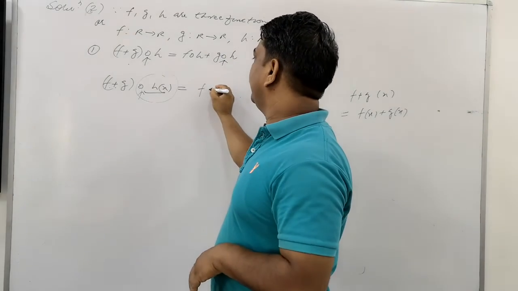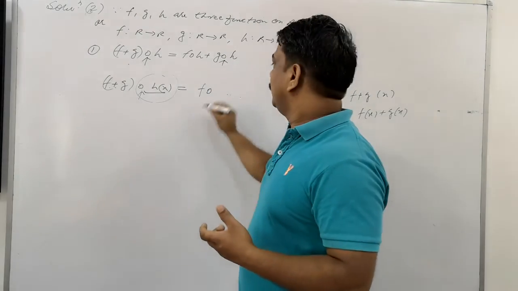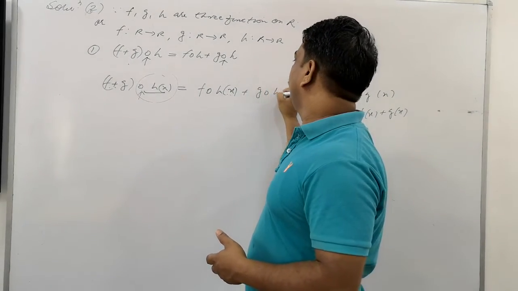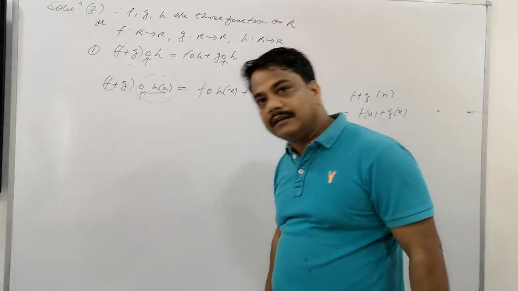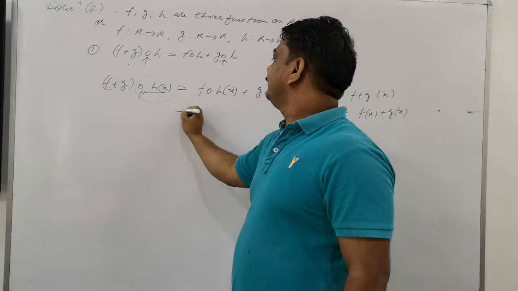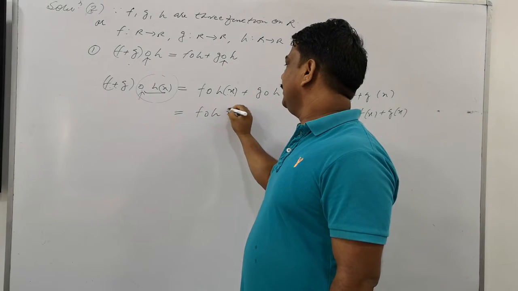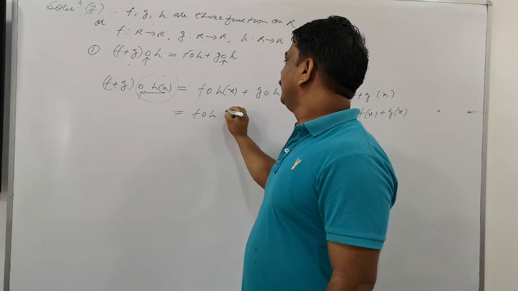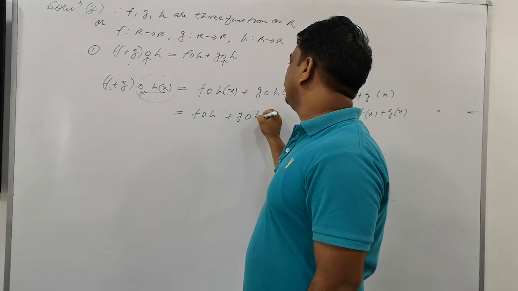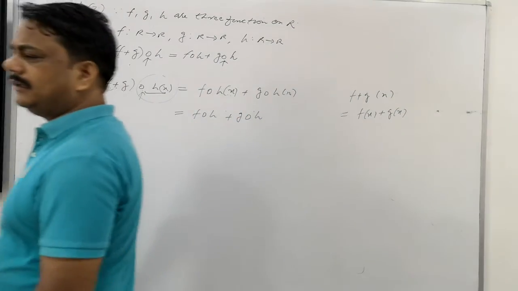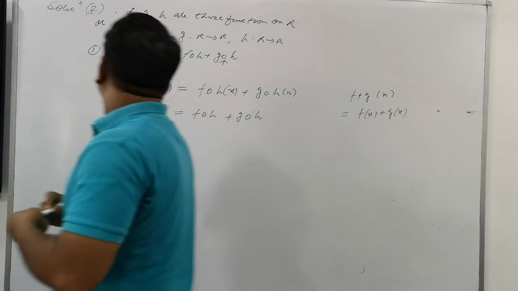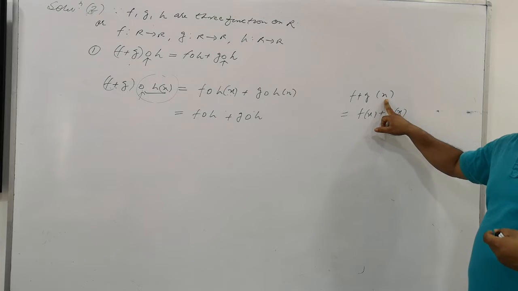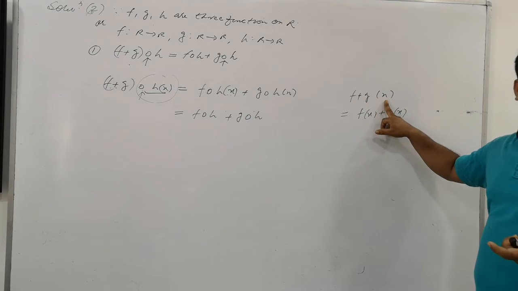So this can be written as f of h(x) plus g of h(x). Can we write this one? Yeah? Got this? Right? Further, f of h of x is being repeated here. So this can be written as f o h plus g o h. So nothing more is to be done there. You will just take this value, whatever it is. This is the domain, meaning addition of any function is distributive with respect to x.